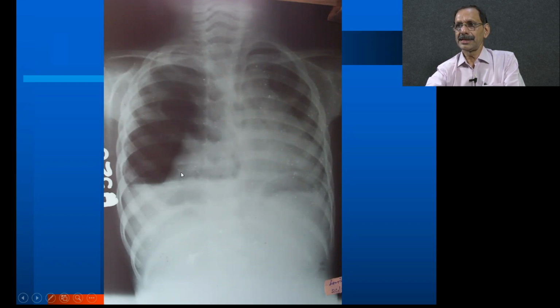So this is a collapsed lung tissue, and here there is some fluid. See, the density is much more than this, and it is almost like a liver shadow. So this is a denser shadow than the consolidation. So this is fluid, and a fluid having a horizontal upper level means there must be air above. Otherwise, we expect it to go up to produce a higher level in the axilla. That is not happening here. So this is a hydropneumothorax.